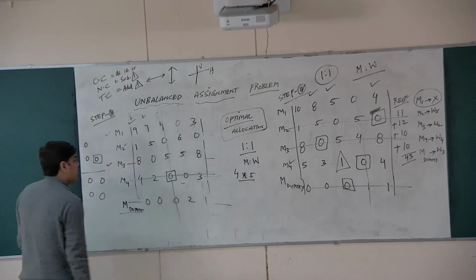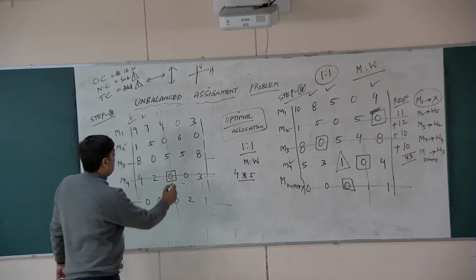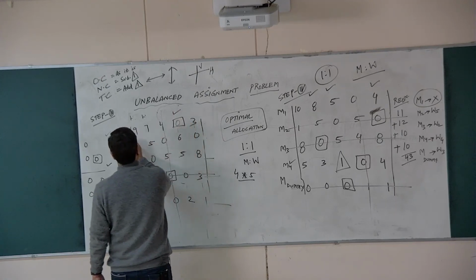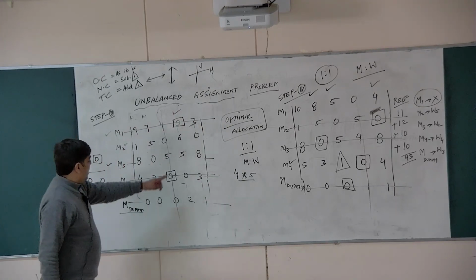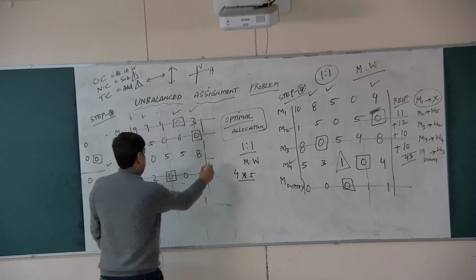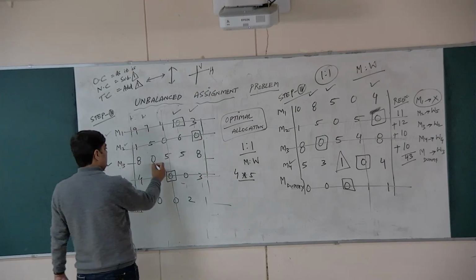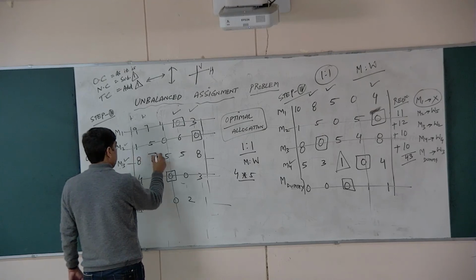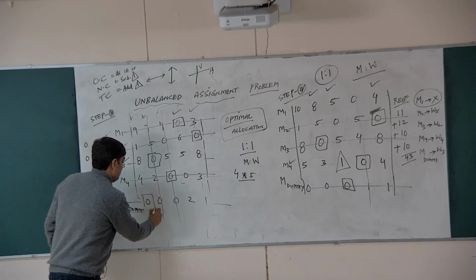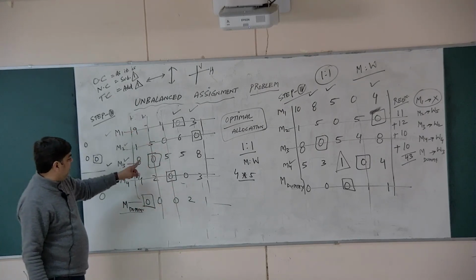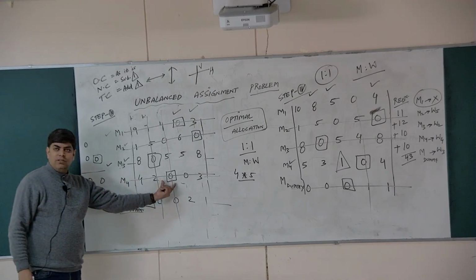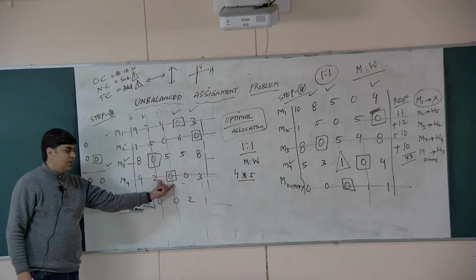Its row and its column is cancelled. Now, can I proceed with this column? Can I proceed with this column? Yes. Can I proceed with this column? Yes. Can I proceed with this row? Yes. And then finally I have this, whether you go for row position column. So I got 5 assignments, 1, 2, 3, 4 and 5. It means we have to proceed this way. We should block it horizontally and then we will select the remainder, the 0 which is not blocked.